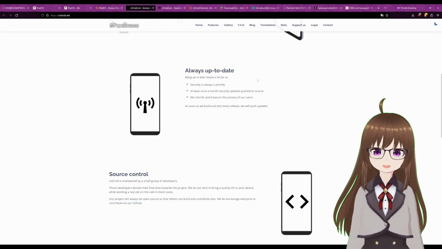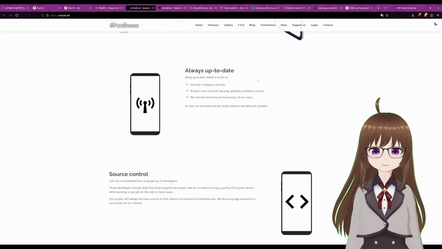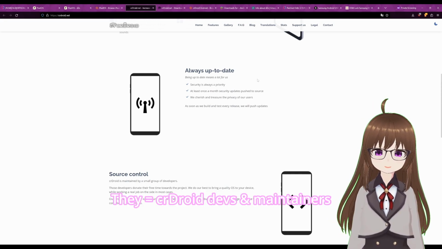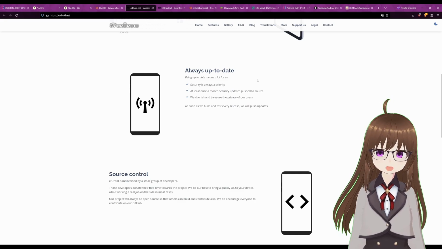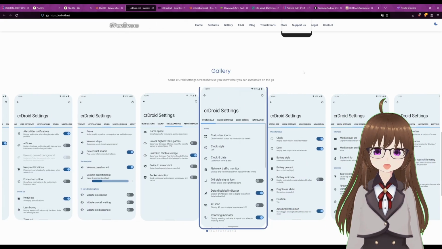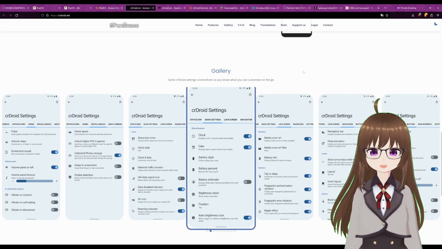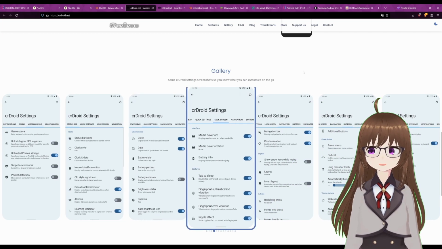And considering it is based on Lineage OS, whenever Lineage OS releases weekly security updates, they can push them downstream and push these security updates to CR Droid users as well. And there's also a whole slew of customizability that you won't otherwise see on most other OSs, honestly. In my opinion, CR Droid is amazing when you want great customizability with very little footprint.